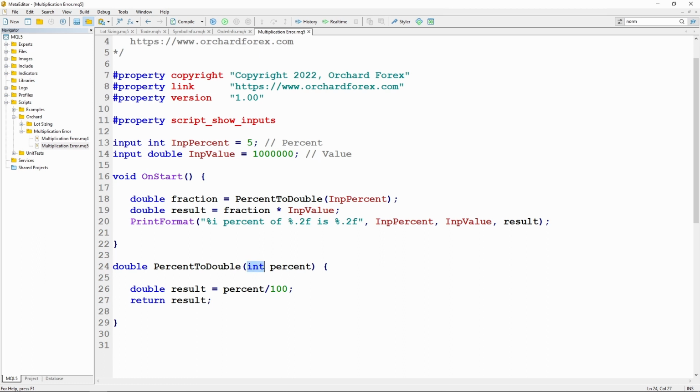It's got an integer input, so that's this integer INP%. And then I'm calculating a double value. The result equals percent divided by 100 and returning the result. Now, what's happening here? This is not unusual in languages that have defined data types. By defined data types, I mean that you declare the variables here with double or integer. And what happens is that this calculation on the right-hand side of the equal sign is carried out entirely as